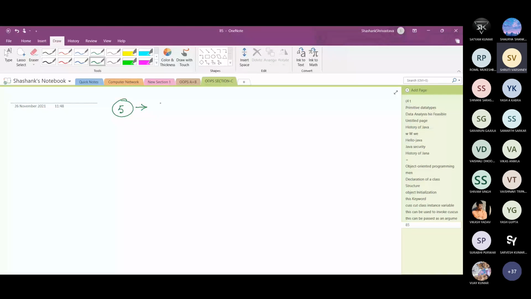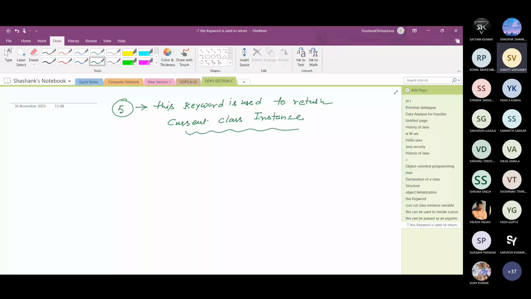This keyword is used to return the current class instance.